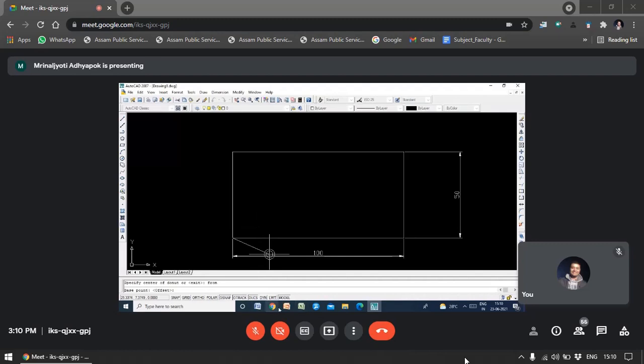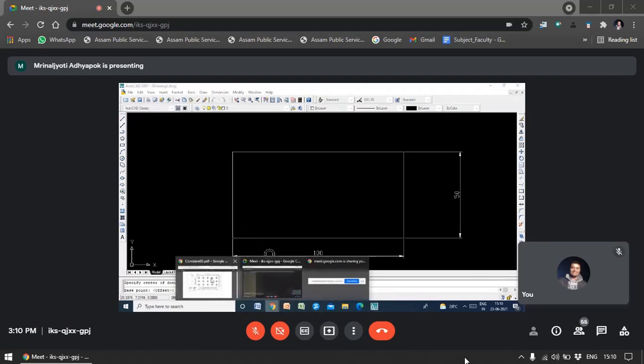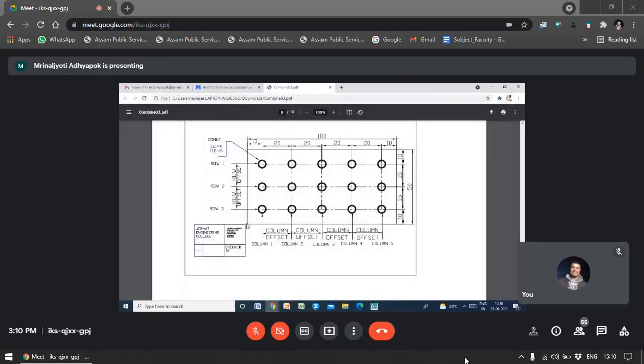Okay, so how much will the offset distance be for the first one? From this point, how much is the offset? You can see here in the x direction, in this horizontal direction, it is at a distance of 10 units.